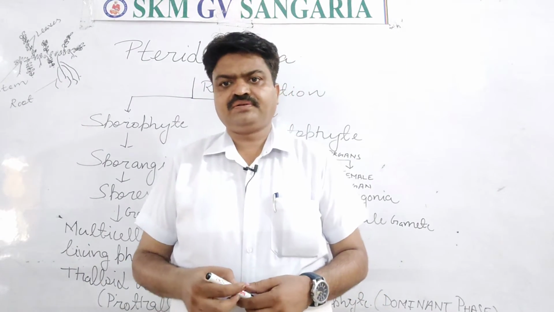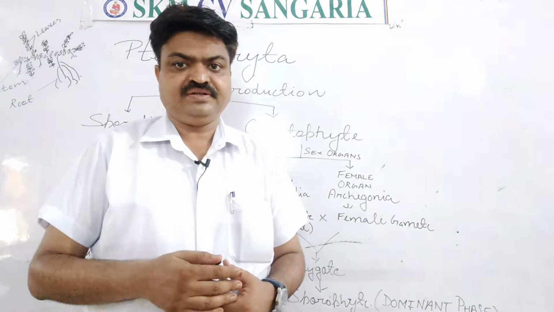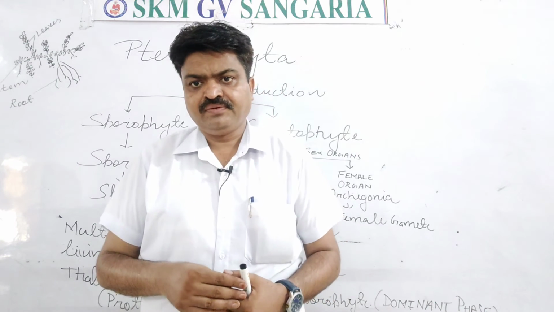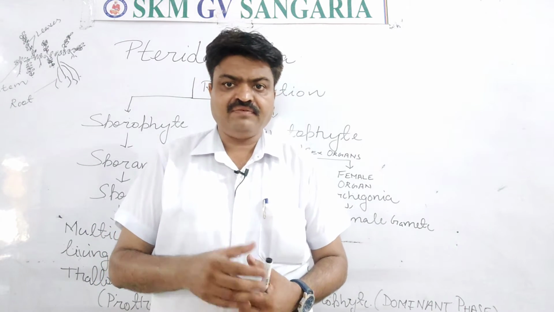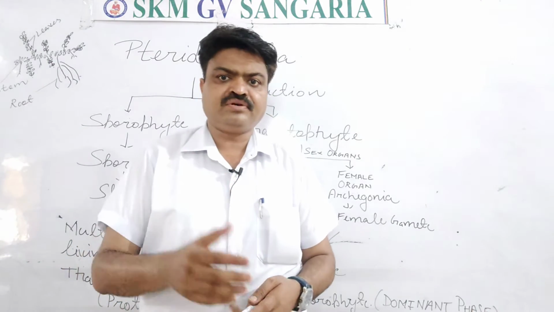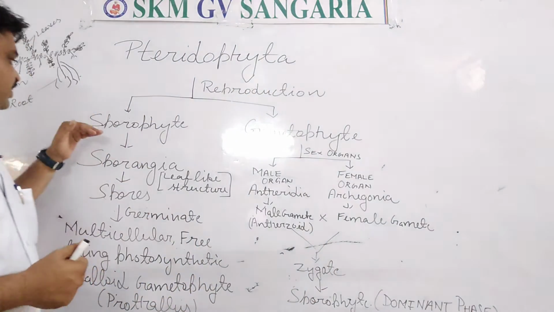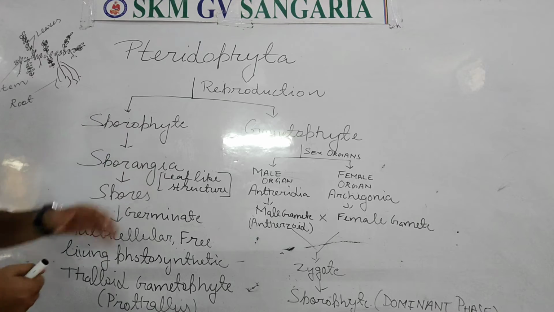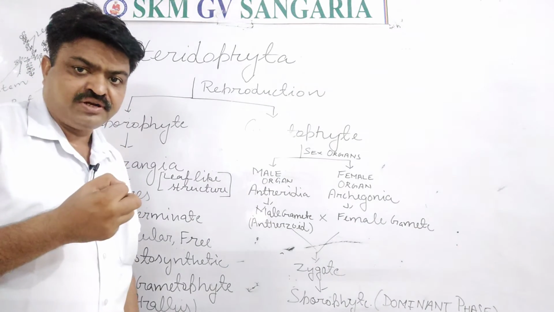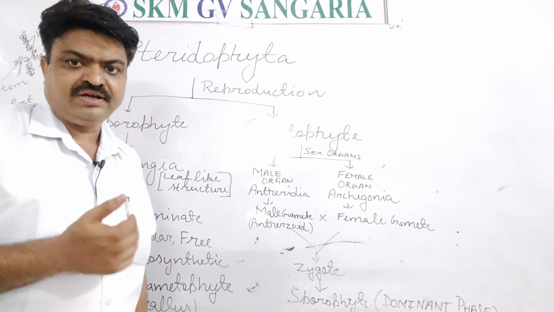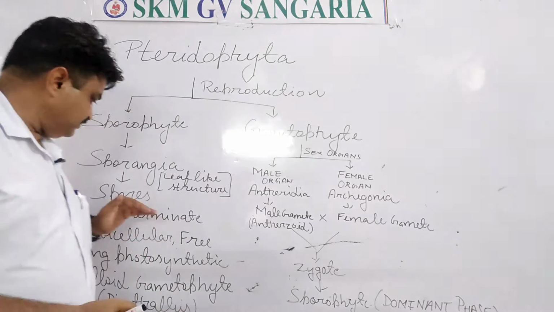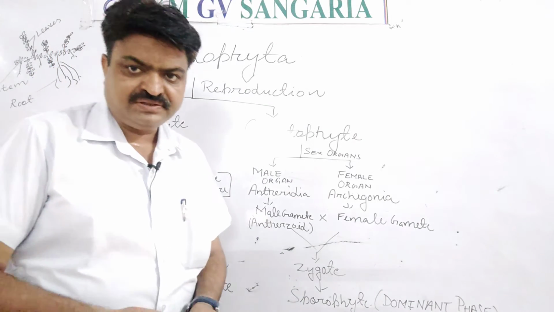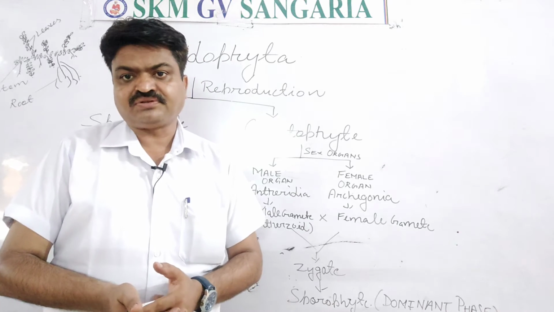In pteridophytes, student, the plant body is sporophyte in nature, means the main plant body. And for the sporophytic part, they have one particular structure that is known as sporangia, means the sporophyte phase of the pteridophyte has the sporangia in it. Now what is the sporangia? Sporangia is the leaf-like structure from where the spores are produced, and these spores are mostly homosporous in nature, means they have homosporous spores. Homosporous means